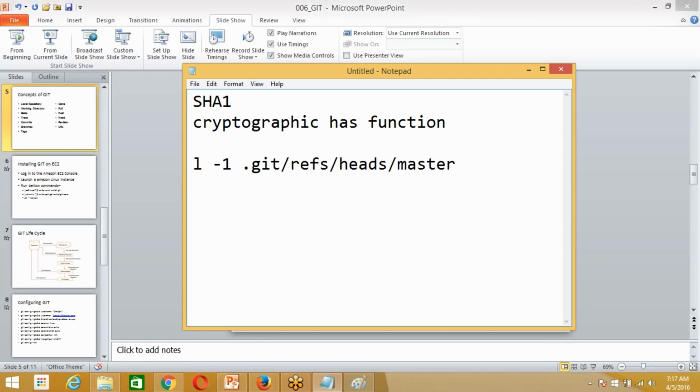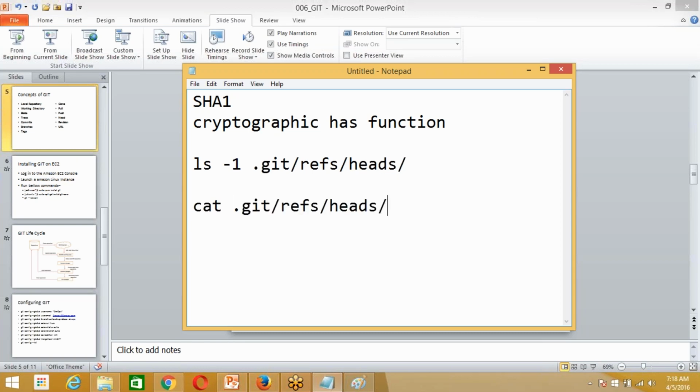There are two commands. So you will be seeing a hashed number, some 20 or 54 characters.